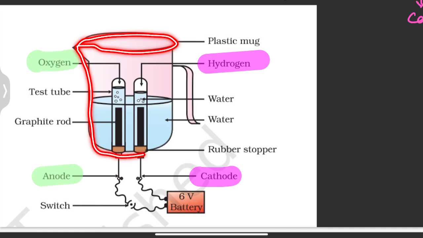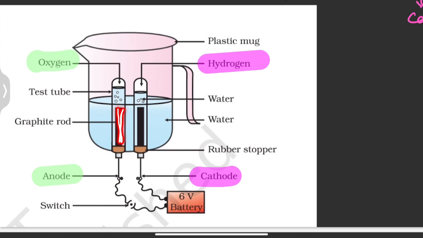So this is the mug you are going to take. In this you are going to dip electrodes. This black color are called as electrodes. So these electrodes are called as graphite rod. So here you can see it is mentioned. These are called as graphite rod, and you can see here you have to add water so that this graphite